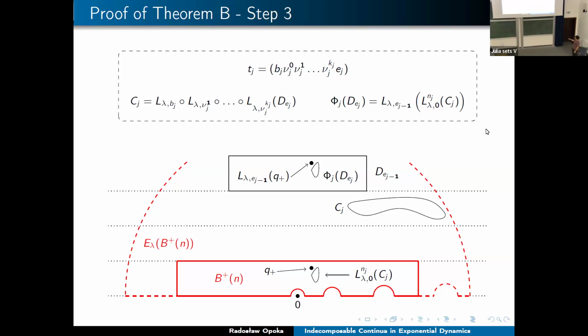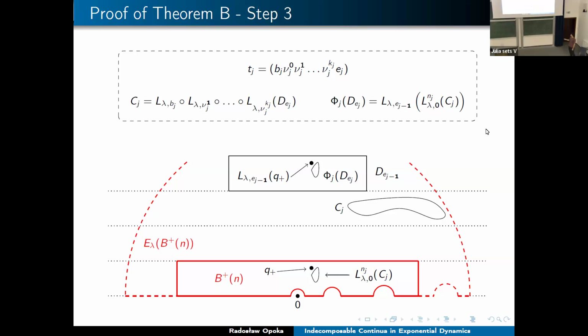So the last thing we want to do is take the logarithm, which takes us to the strip R aj minus 1. So our itinerary begins with the last entry of the previous T block. And since we are close to this number, we are close to the pre-image of this fixed point. So if we are close enough to this point, we are inside the DEJ minus 1 rectangle. And this is what we want to prove.